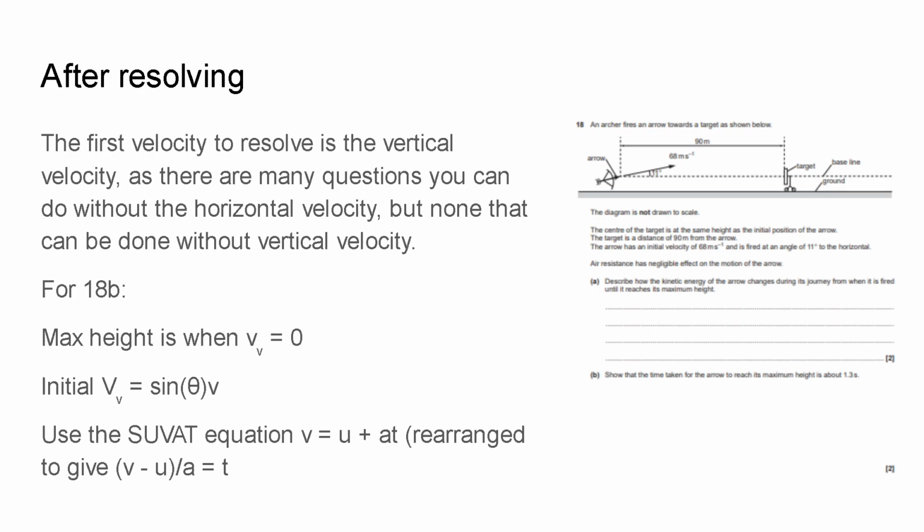For 18b, which is this question, we have to show that the time taken for the arrow to reach its maximum height is about 1.3 seconds. Now, the easiest way to tell if an arrow has reached its maximum height at a given point is if its velocity is 0. Because if it's 0, well, since it's accelerating downwards the whole time due to gravity, when its velocity is 0, that is the